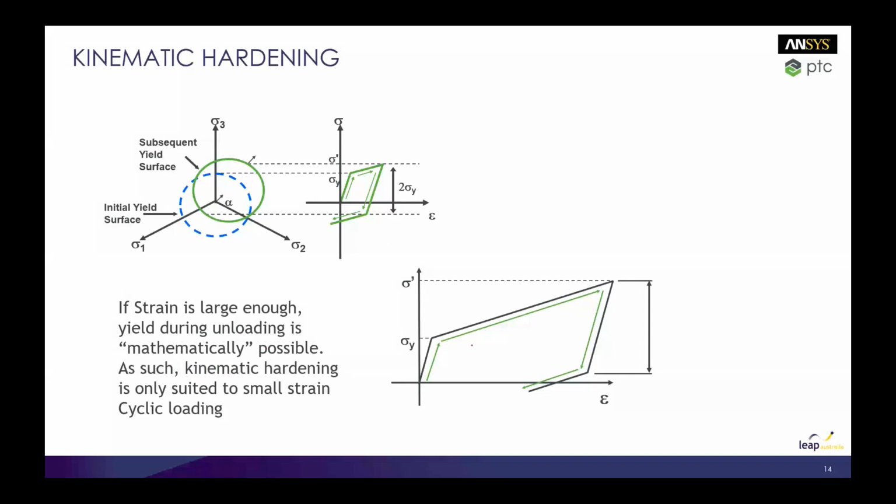Okay, so if we look at the different hardening rules. Here, this is a principal. These are the principal stress axes. Essentially, if you draw a stress state on these three axes, looking down, you have a cylinder whose radius is equal to the yield stress. Your stress state can exist anywhere inside the cylinder, and once you're yielding, your stress state can be anywhere on this cylinder. So this is in 3D space,